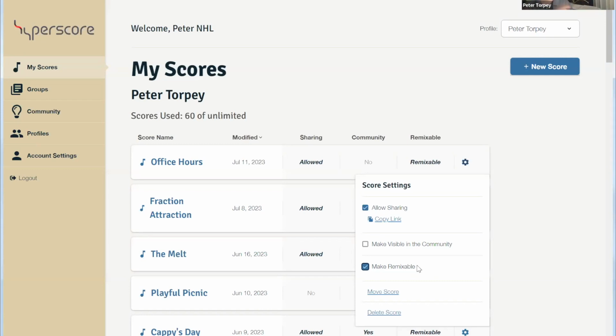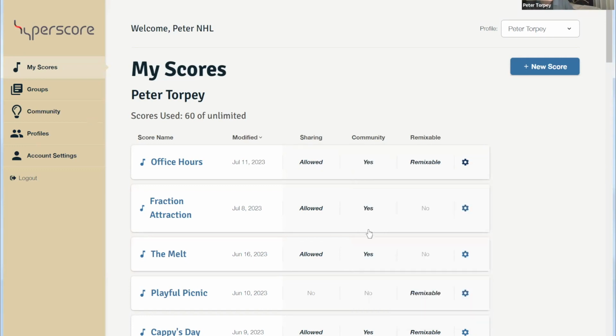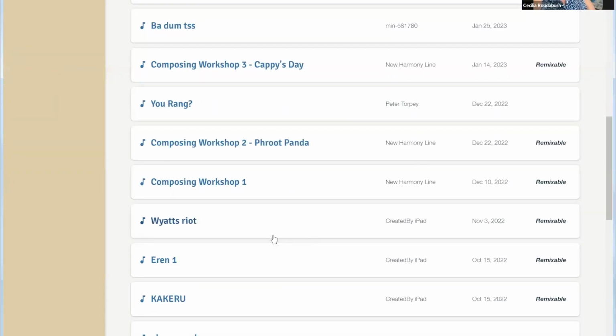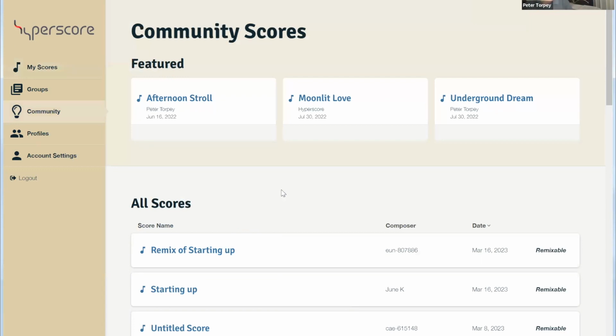It doesn't edit the original copy, but makes a copy that's unique to each user that's editing it. And we can also make scores available in a community section. So we have a community over here that has a list of scores that people have wanted to share publicly.